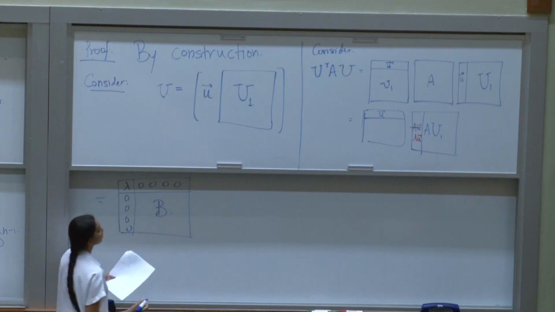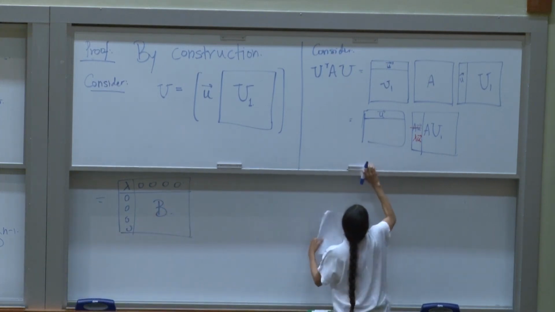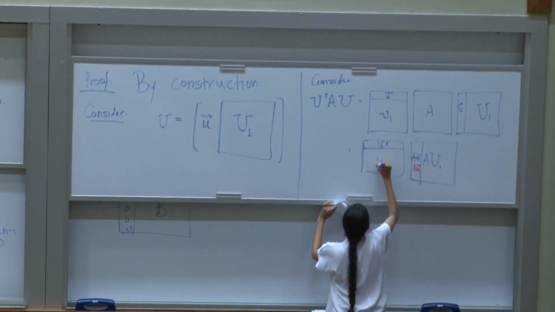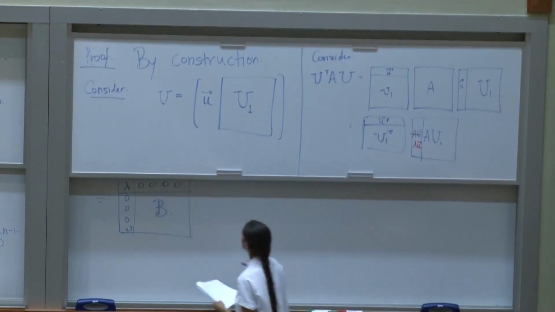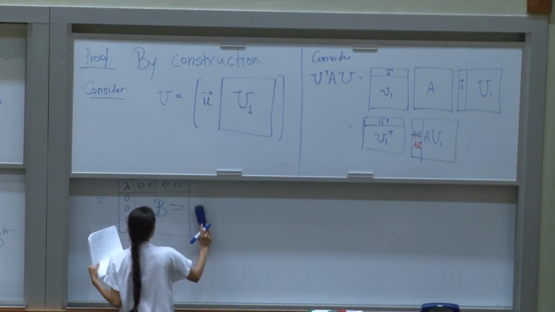And what is this B going to be? This B is going to be U1 transpose, maybe I shouldn't write it like this. I should write it as